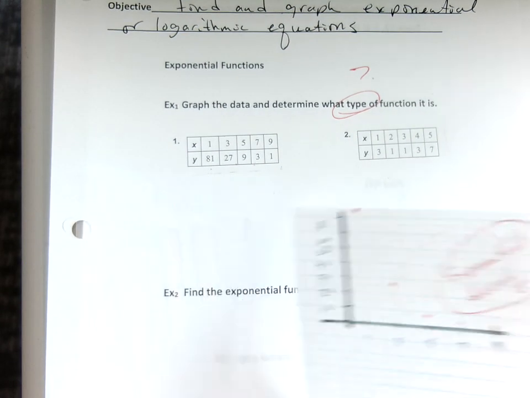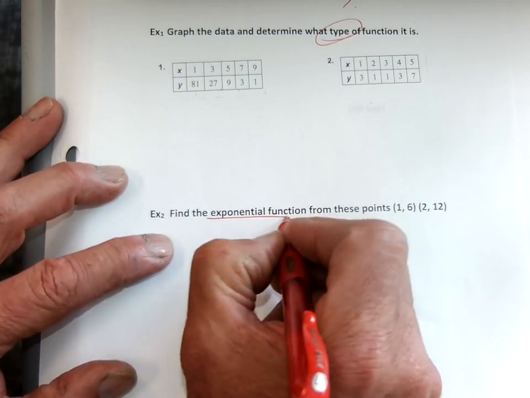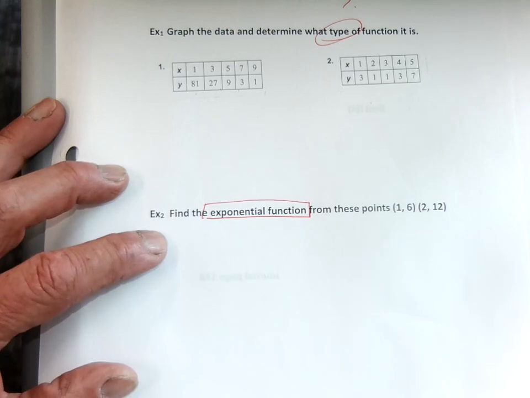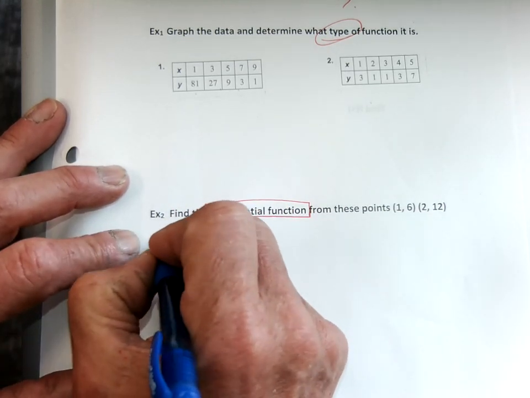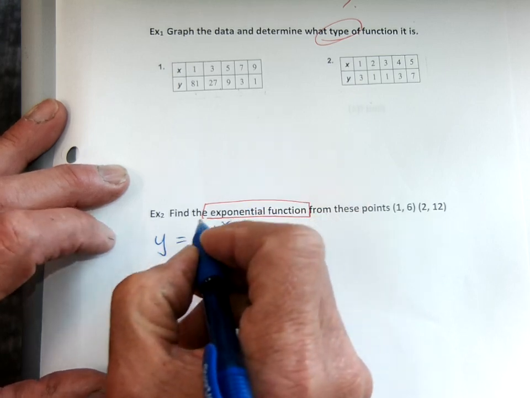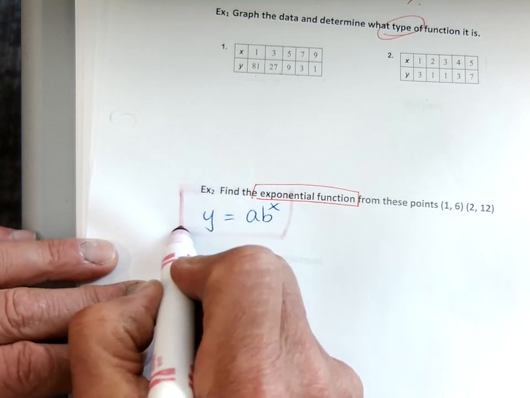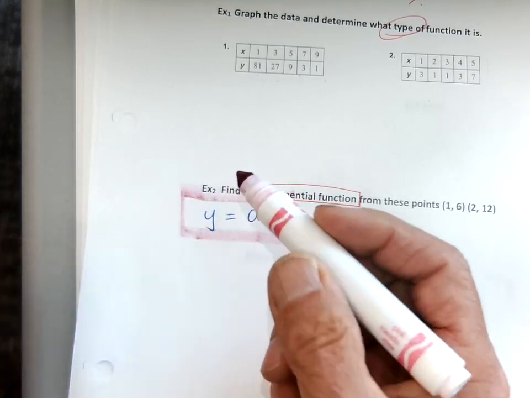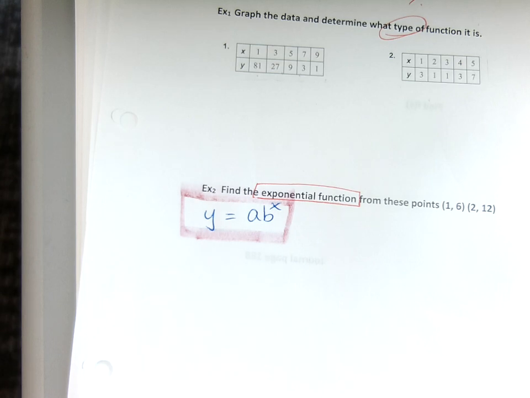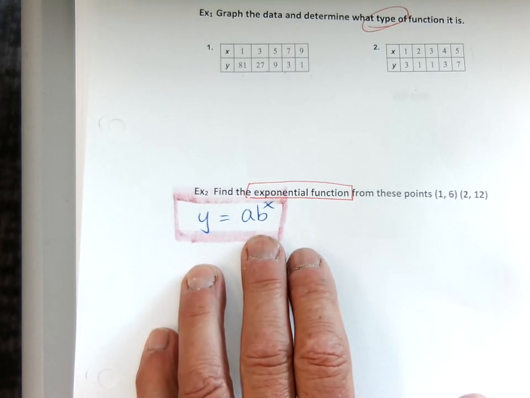Okay, number 3. So what we want to do is find an exponential function. So let me start with this. y equals ab to the x. Okay, make sure you have that equation. That is our exponential equation. Make sure you have that. y equals ab to the x. That's our exponential function. When we did our Skittles, we used the exact same formula, right? Now,